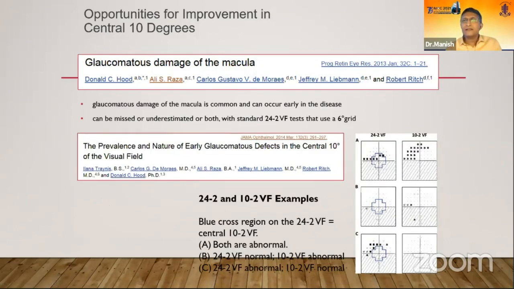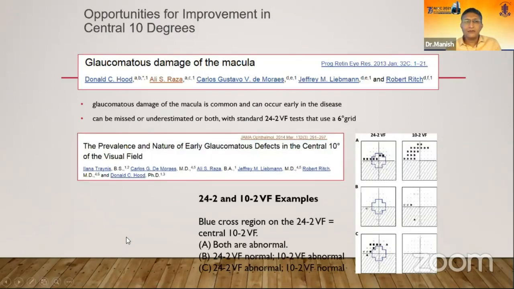There are a lot of studies which have been coming out in the last 5-7 years, which say the central field examination, what we are doing by doing the 24-2 test, sometimes we are missing the points, and if we are even catching them, like you can see in example A, there are some points in the central field, but if you do the 10-2 field, you get much more points and you have a better potential of observing this over time. Here we can see that these are the points, and here you are missing some points which are not shown up at all in the 24-2.